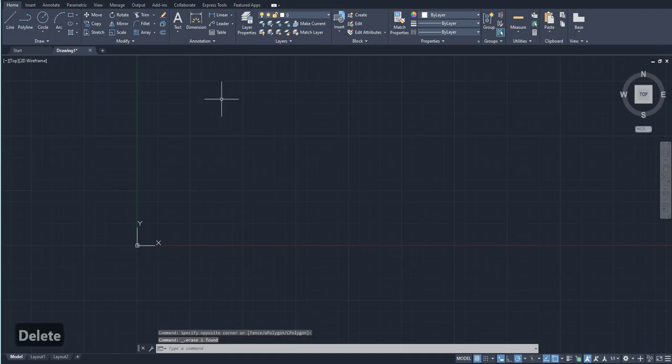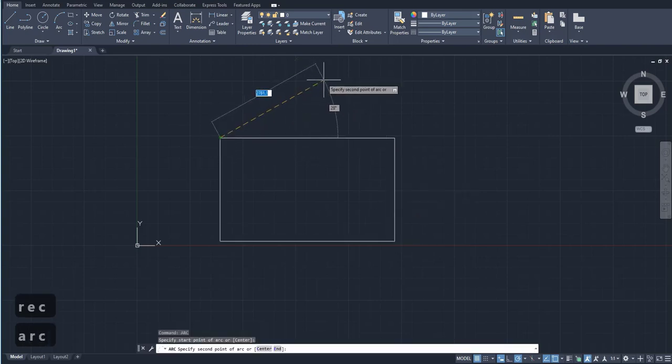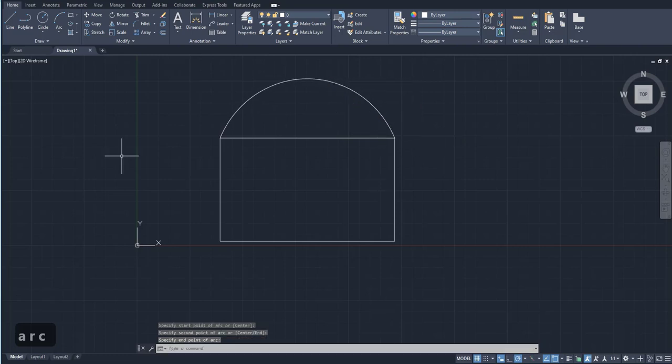So the third thing that I'm going to be teaching you about is the object snap. Object snap is a fairly important tool in AutoCAD. For example, let me just draw a rectangle, an arc, and if you see that